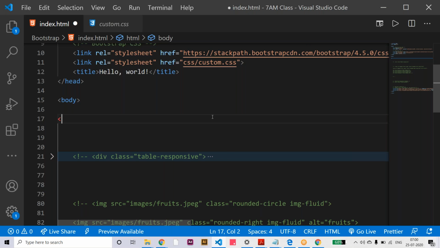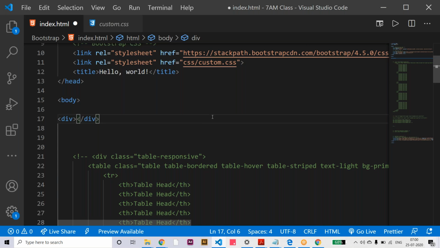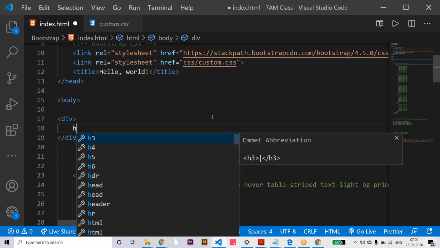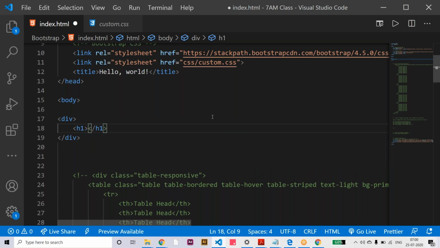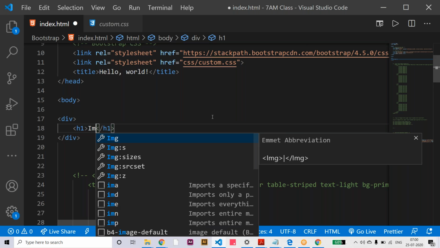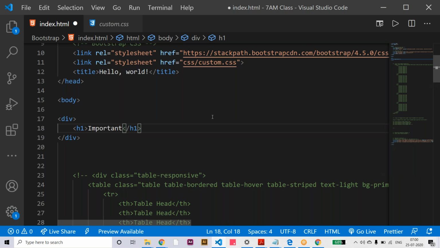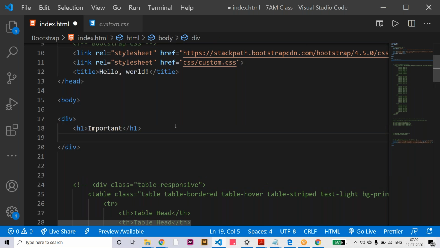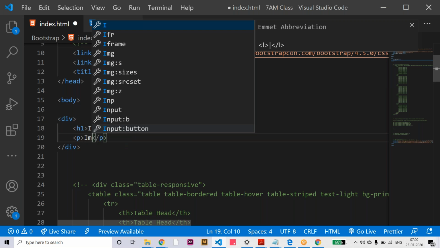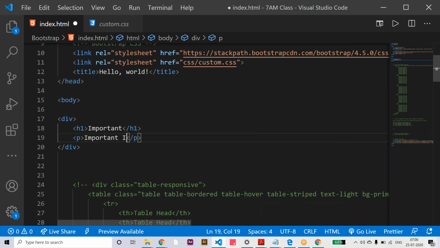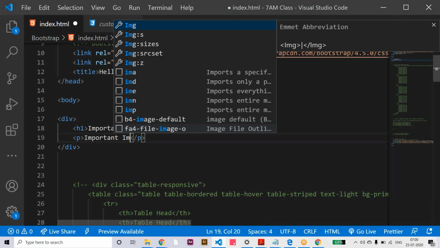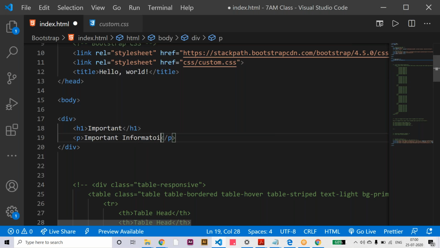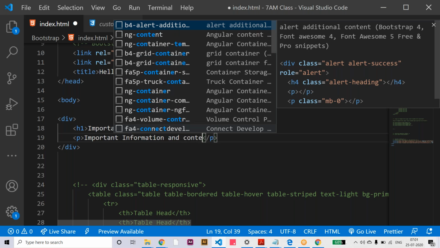Let's say here take one div, and inside the div I have one h1, and here you can say some important information, and below this a paragraph, important information and content or something.